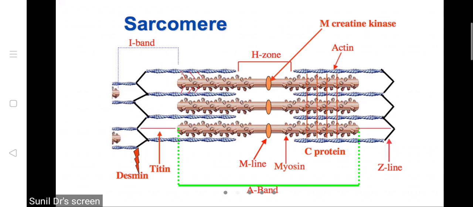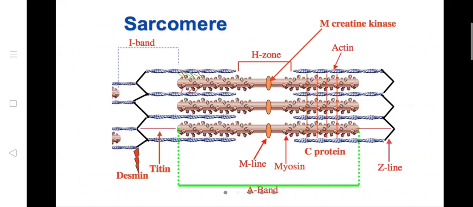Suppose this has to move. Now what it will do is, this portion, first this head will release from here and go and attach to the next side, to the front side. This one which is here will now go and attach to this side. Wait, I will highlight it in a different color so that it will be easy for you to follow. So now when it is going to contract, the next step is the next power stroke. This red will go and bind here. This will come and bind here.